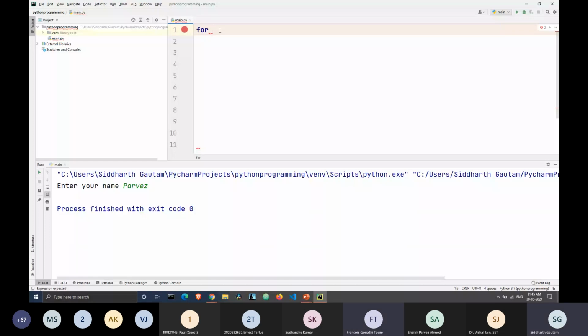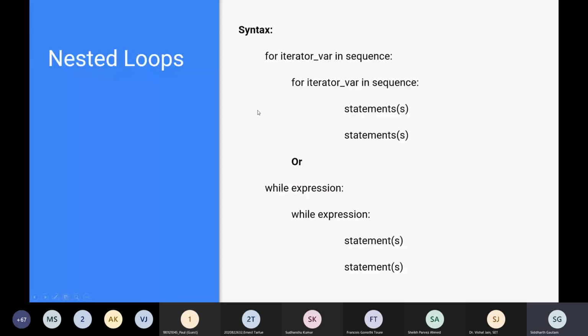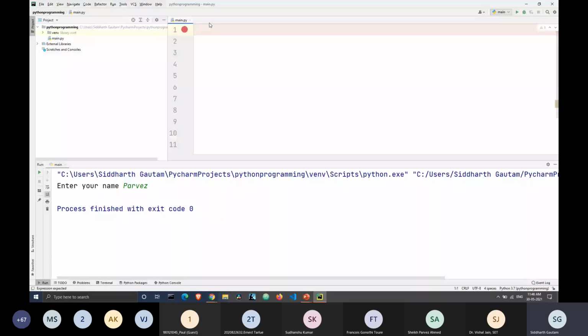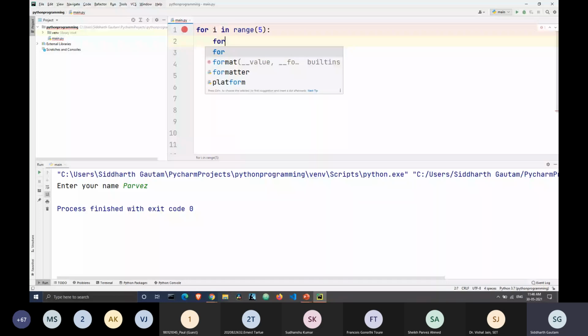Okay, so now we get to nested loops. Let's check what nested loops are. Let's take our first loop, which is for i in range of 5. Inside that loop, I'm going to declare another loop also in the range of 5, and this time I'm going to take a different variable, for j in range of 5.